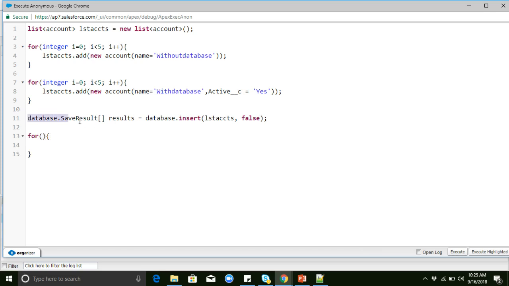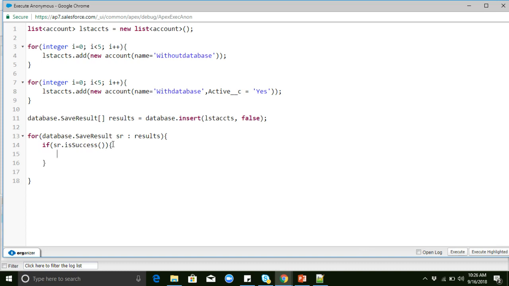I will take this object, Database.SaveResult, equal to results. Whatever results the Database insert returns will come into this. If sr.isSuccess() — this is a method of the Database.SaveResult class — it will return only the successful records.